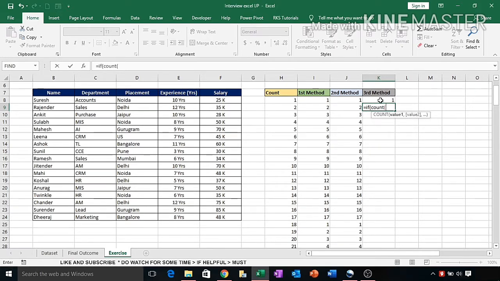We select the first cell, colon, and the first cell, bracket close, and we lock the first part by F4. You have already learned how to lock. So we select COUNT K8 colon K8, lock the first option, and equal to 85.